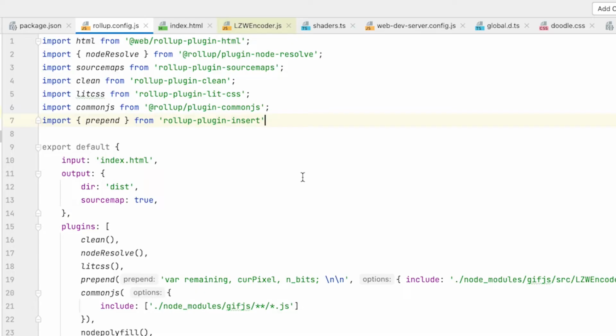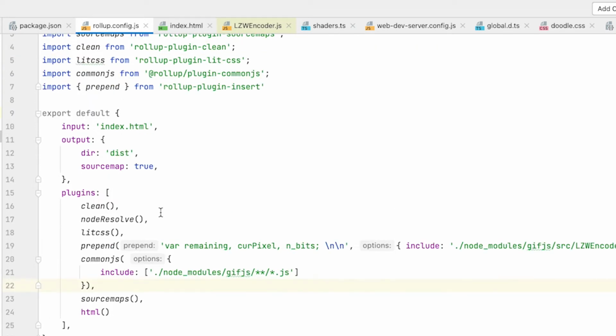But more importantly, we're using the same plugins here in our rollup config that we're using in our web-dev-server config. And to drive that point home, look at the plugins we're using. We're mostly using the same things with the same configuration. So clean is new because, why would we need to use clean for web-dev-server? There's no build we're creating. Clean is one of those plugins that makes no sense to use on web-dev-server, and it probably wouldn't do anything there, but